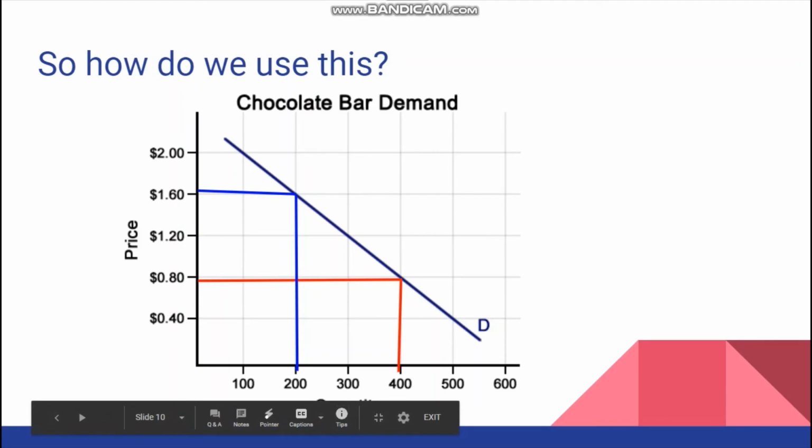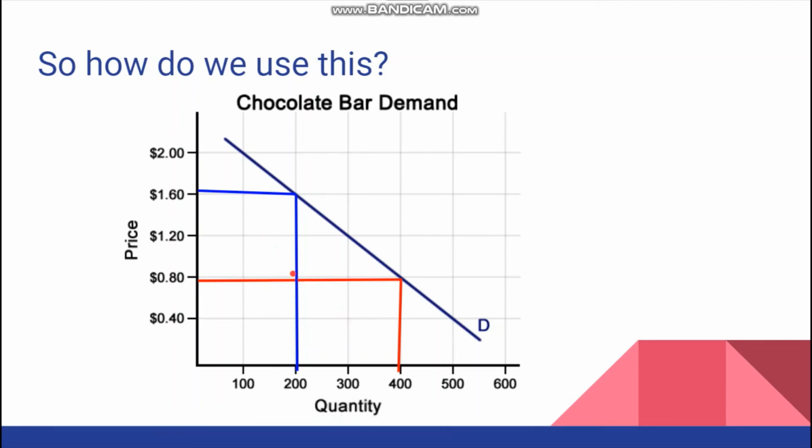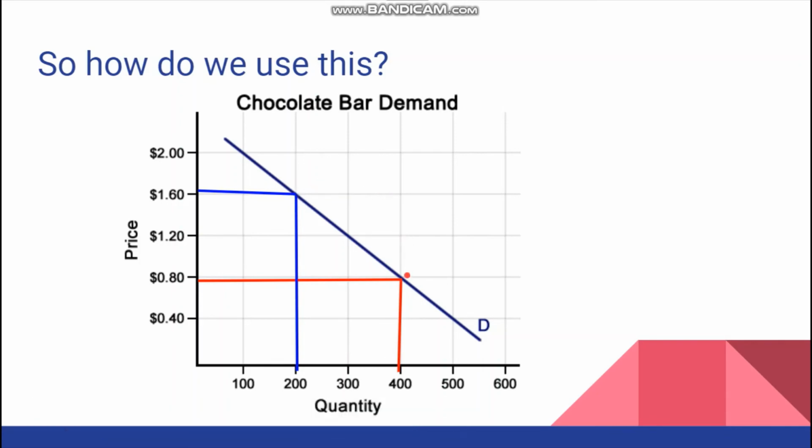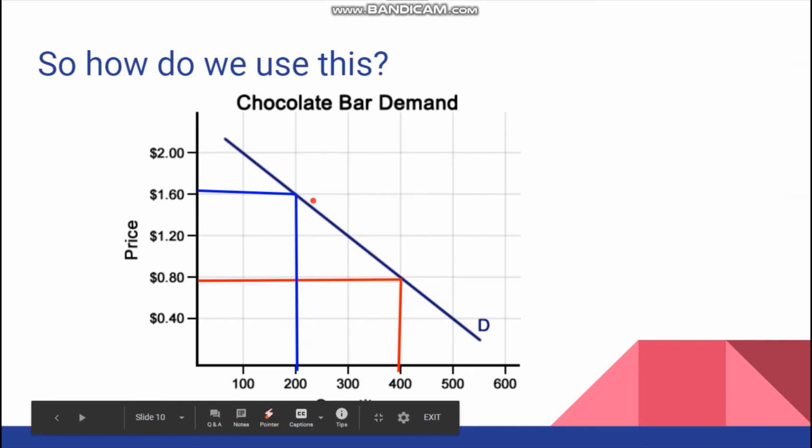Now, in this case, we would break even, right? This would tell us that it would not matter if we were going to charge $1 or $1.60 or 80 cents. Doesn't matter. We make the same revenue. This is a unit elastic product where the elasticity is the same all the way down. There's no elasticity or inelasticity. It's just an increase in price is the same percent decrease in quantity demanded, and we end up making the same amount of money.